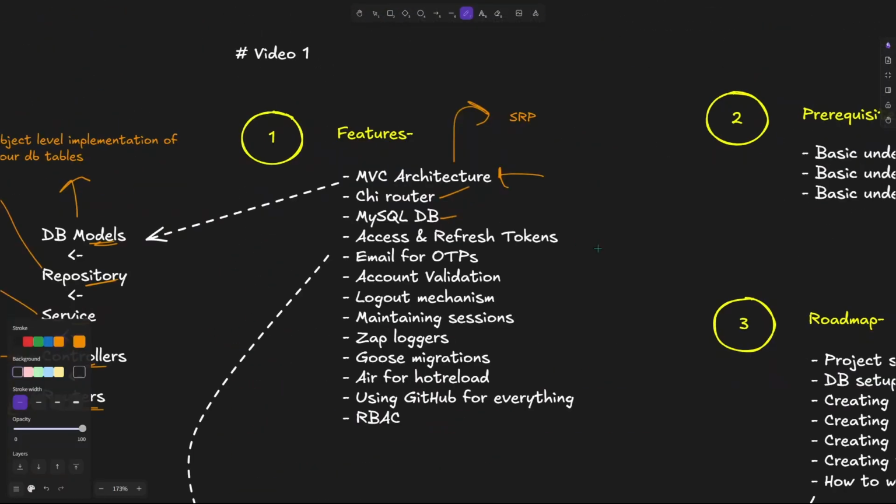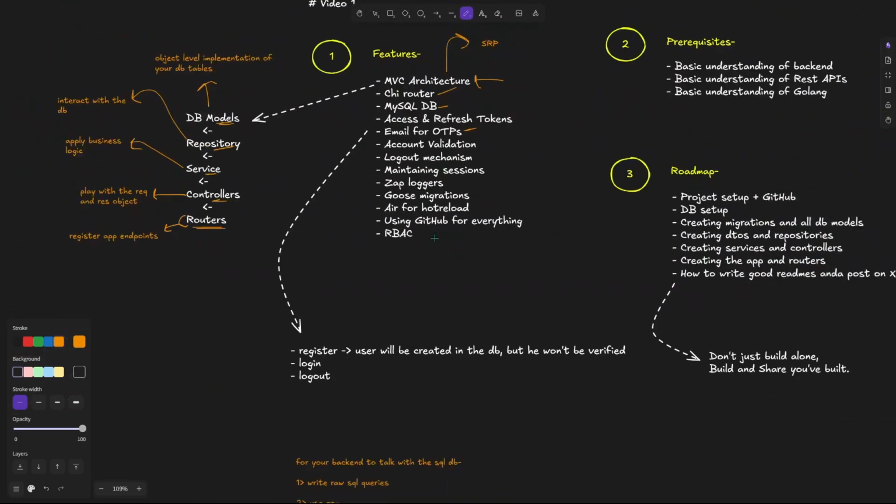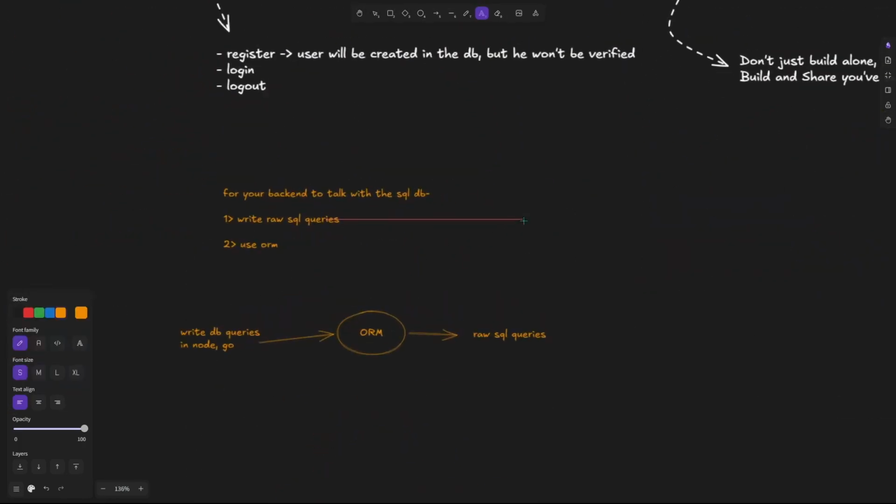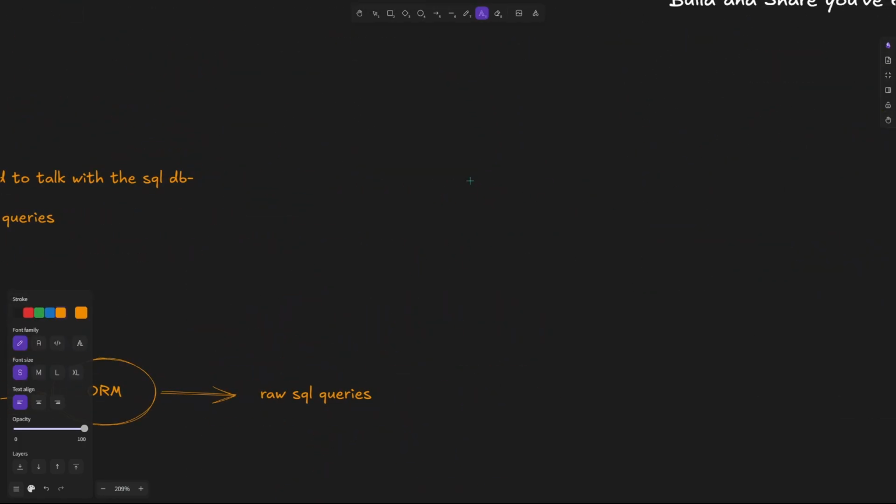So this is done. Next, we are going to use access and refresh tokens. So I'm going to explain in the upcoming lecture how the entire flow works, so you get a better understanding of the project that we are actually trying to build. Next, we are going to use email for OTPs. So the flow that I'm planning is that after a successful register,